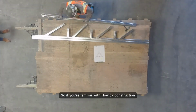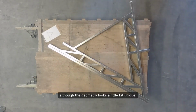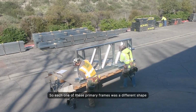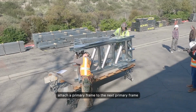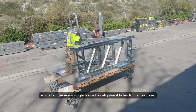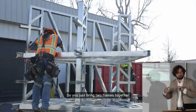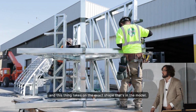So if you're familiar with Howick construction, this is a pretty typical thing. This is a planar frame, although the geometry looks a little bit unique. Each one of these primary frames was a different shape. And then we have what we call the secondary frames, which attach a primary frame to the next primary frame. Every single frame has alignment holes to the next one. So you just bring two frames together, line up the holes, put a screw in it,